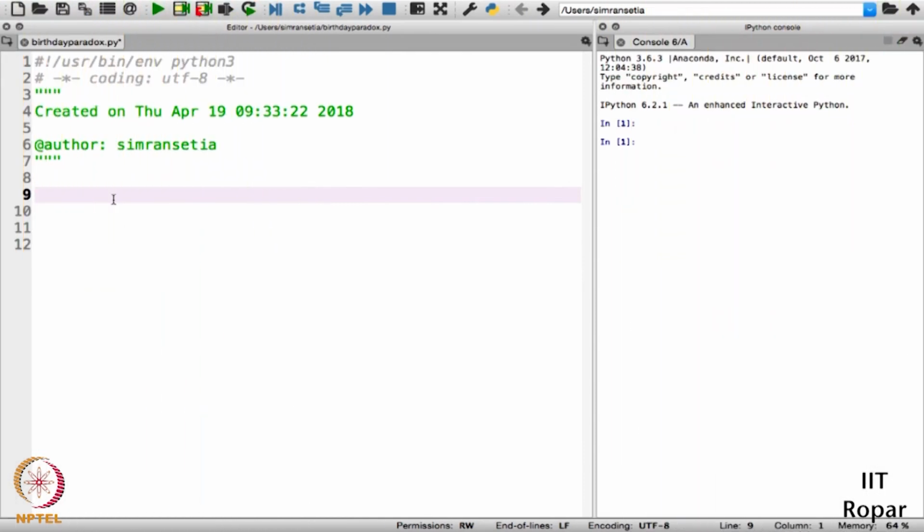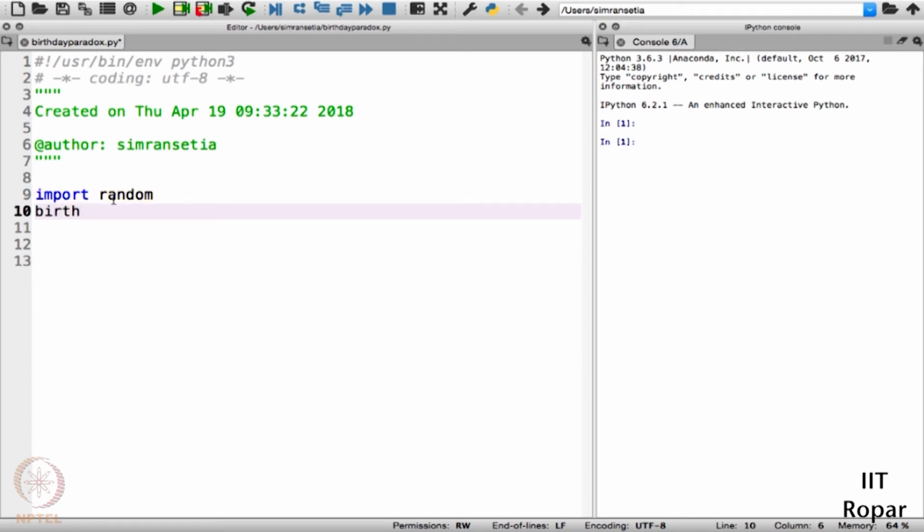Welcome to the programming screencast of Birthday Paradox. First of all, let us take the birth dates of some 50 people and try to find out the collisions. Here we will be generating the birth dates of these 50 people randomly. In order to generate the birth dates randomly, we'll import a library here, and that is called random.